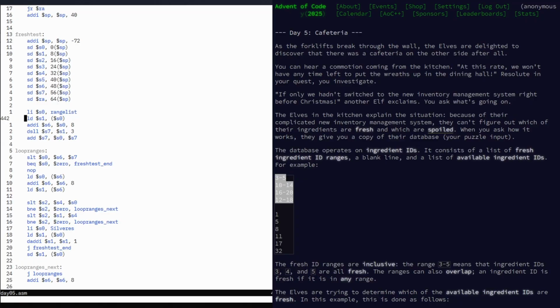So adding 8 gets me to the first value. It goes past that first double in range list, and that's how many bytes in length the range list is. Then I add that onto range list there to get the end of the array, where the last value in the array is. Then we go into this